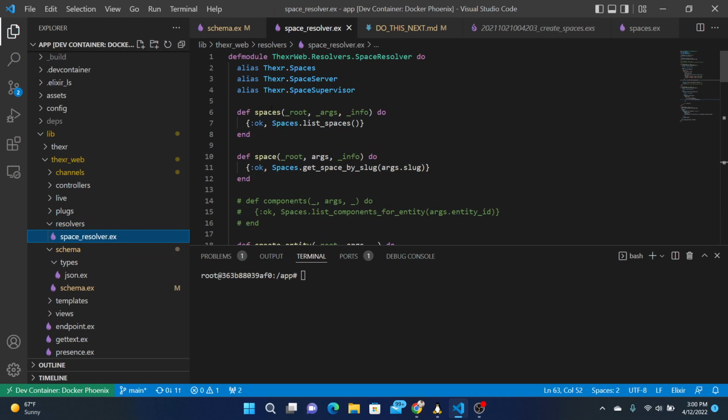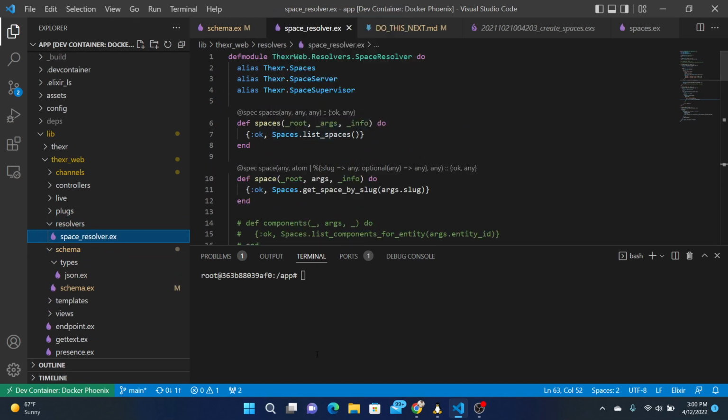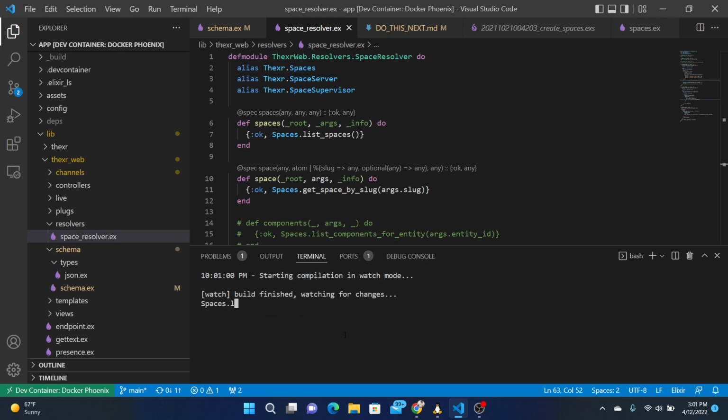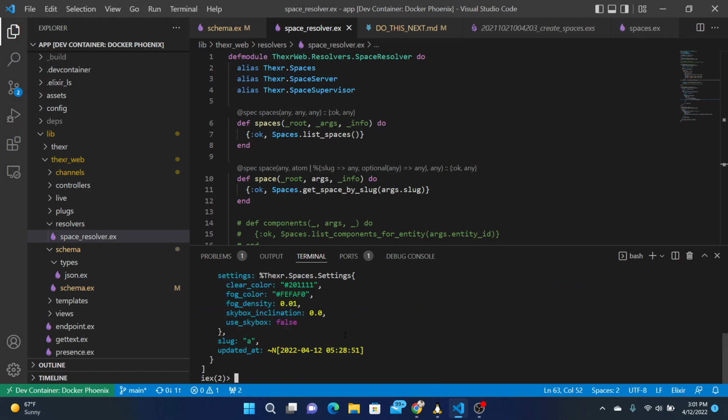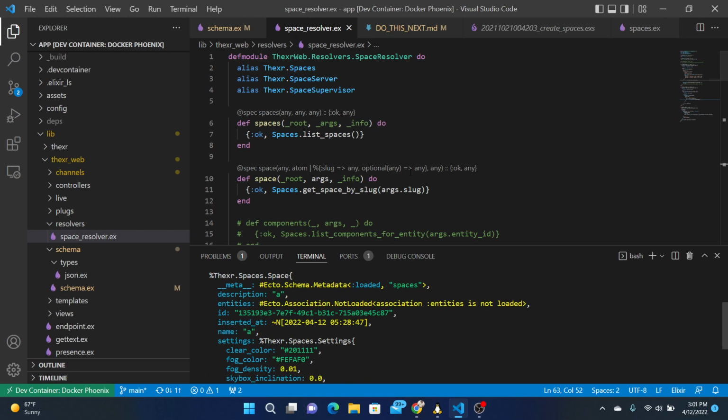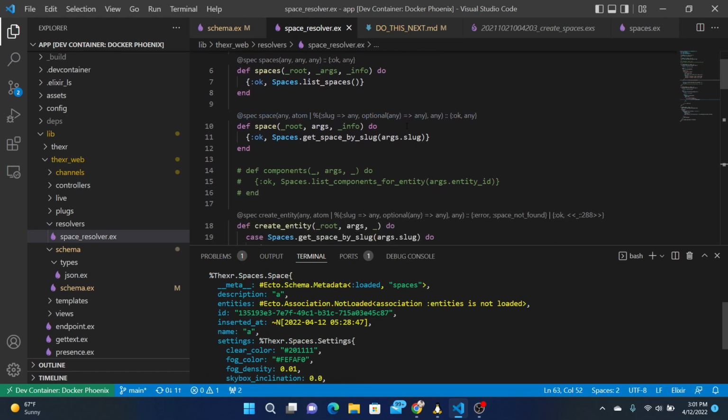So we've got spaces, that just lists all the spaces. Right, so hopefully that can be displayed.